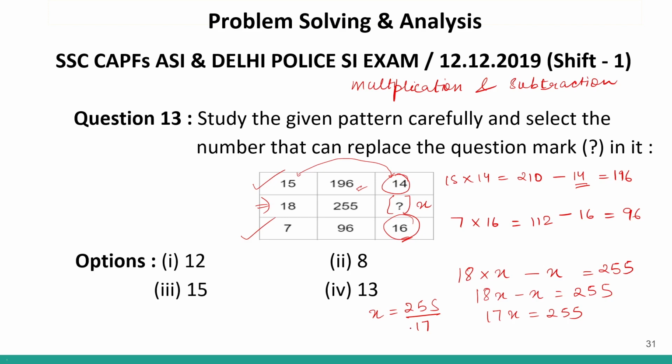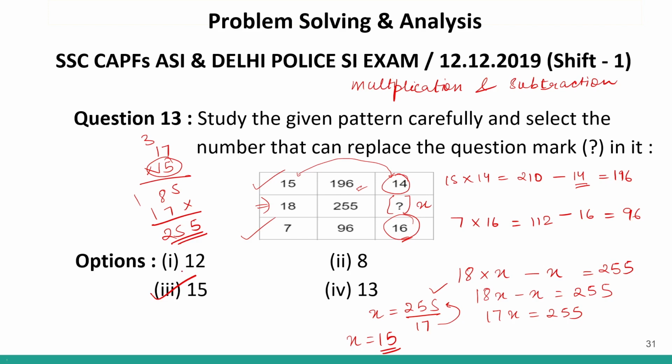Correct? So I see that this number is almost 15 times 17. So let us check with 15. Because the last number is 5, this will be 35. This will be 8. This will be 7 and this will be 5. This is 255. So the correct answer is 15. That is, x will be equal to 15, which is option number 3. So option number 3 will be your correct answer. So this is how you solve questions on logical grid.